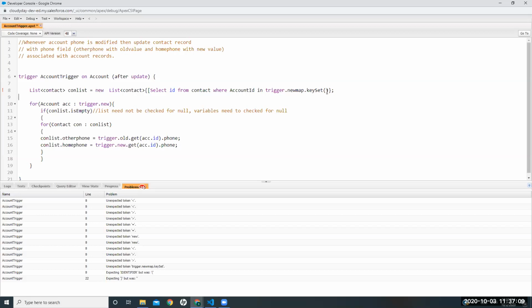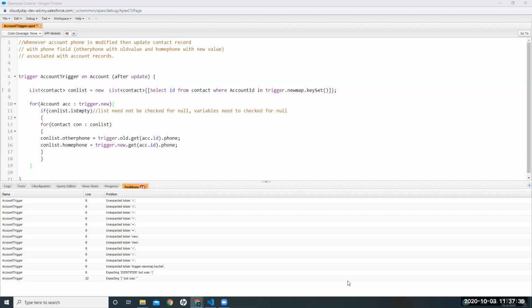So how will you fetch a con list without having a trigger, without inserting it? How will you get the key set in the 8th line? Till the 8th line, I see that nowhere are we inserting the account. And we are trying to take account IDs.